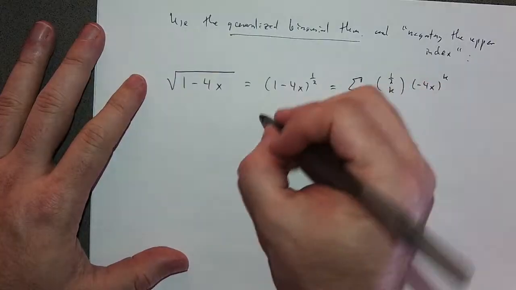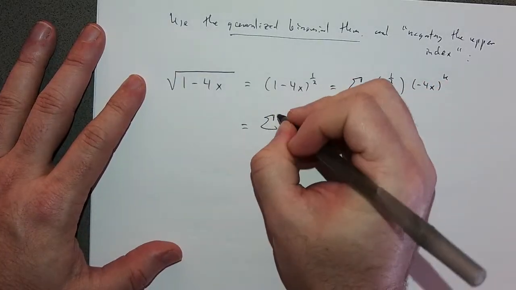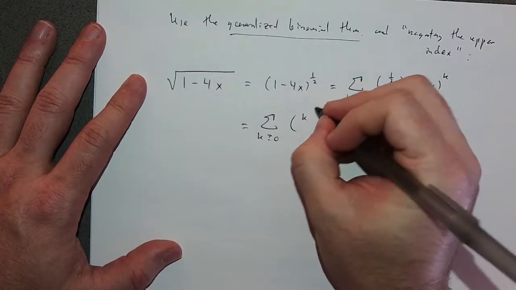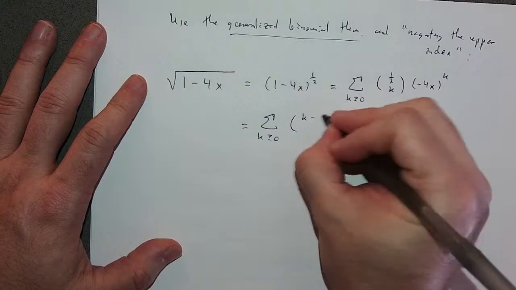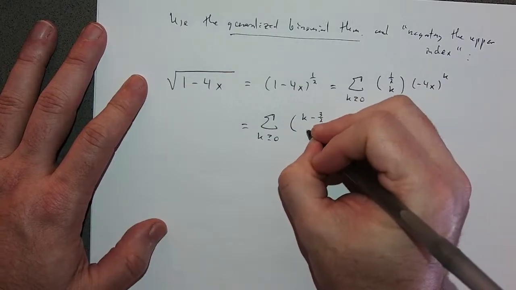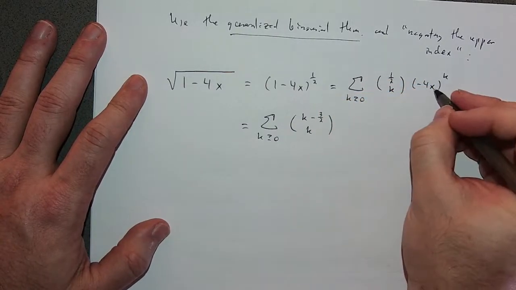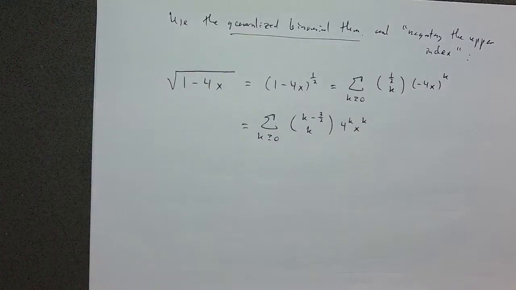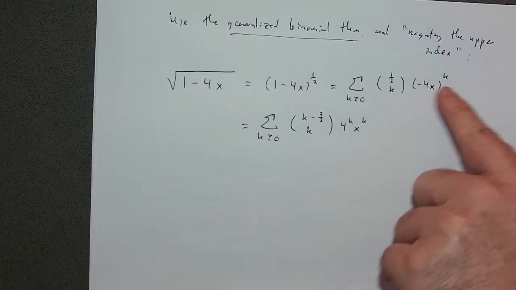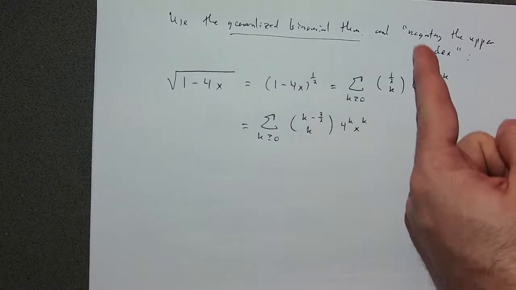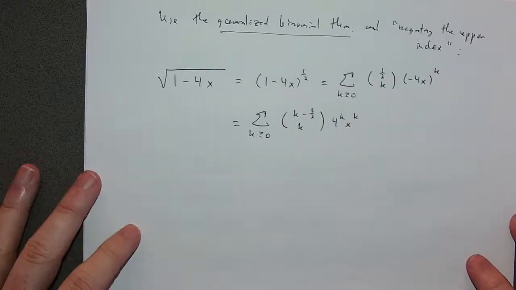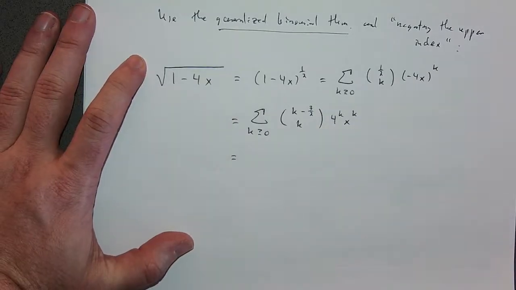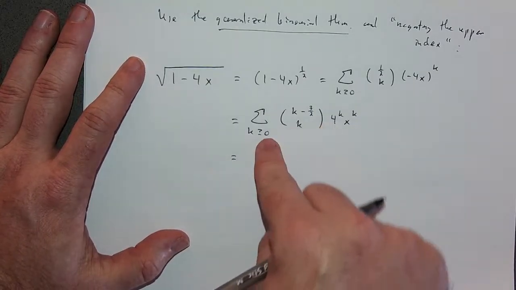Using the negating the upper index bit, this becomes the sum over k greater than or equal to 0 of (k minus 3/2 choose k) times 4 to the k x to the k. I got rid of the minus 4. The minus 1 to the k got absorbed when I used this negating the upper index formula, or identity rather. I am going to peel off one term here, so the k equals 0 term,